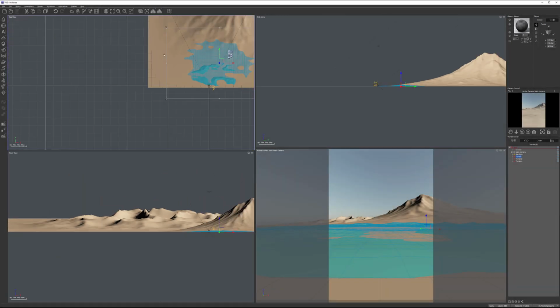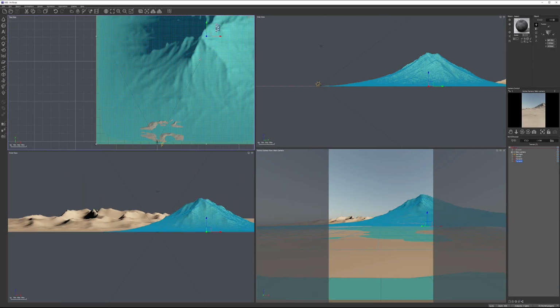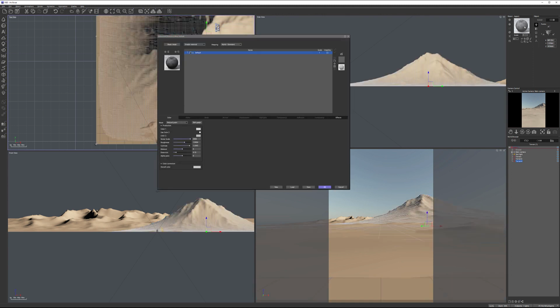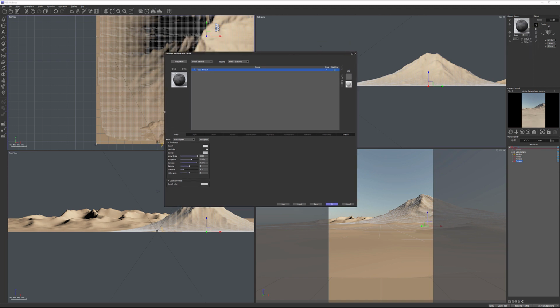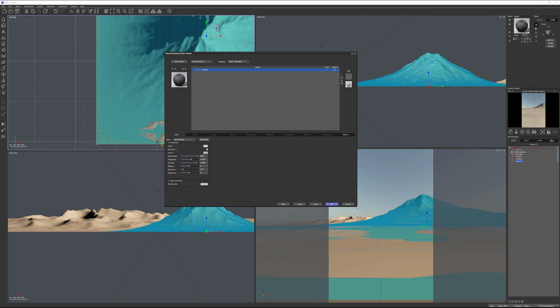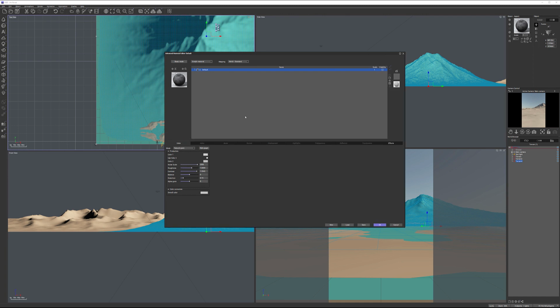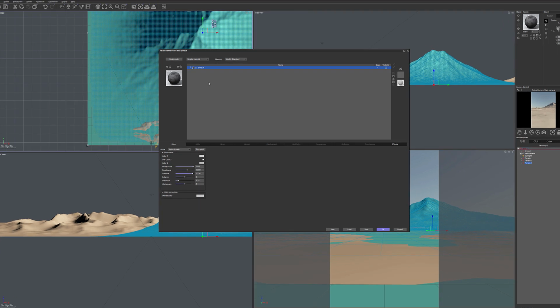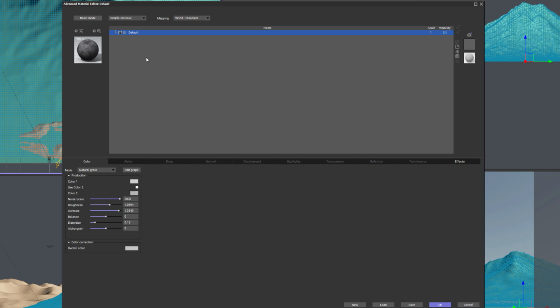So first we're going to work on our main hero mountain. We're going to open the material editor by double-clicking or right-clicking and selecting edit materials. And right here we have our simple materials. We won't use any PBR materials for this. We could create a material if needed, but we'll just go with the basic Vue materials at this